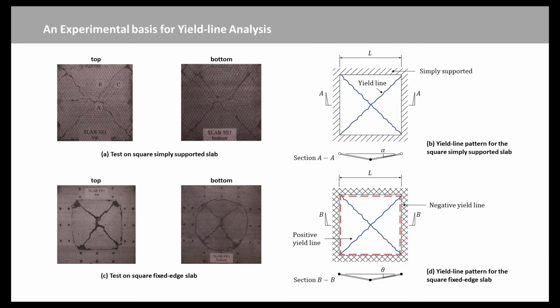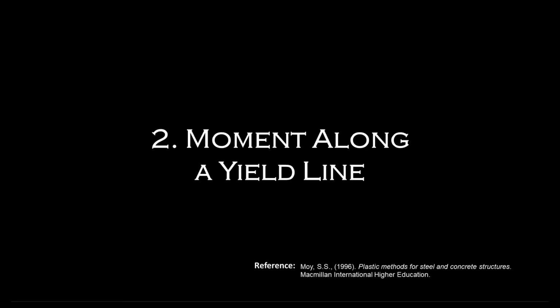It is useful to have positive yield lines caused by the moments in the middle of the slab, taken as positive by analogy to sagging moments in beams, and negative yield lines caused by the moments around the edges, taken as negative, like hogging moments in beams. In order to carry out the calculation of yield line analysis, it is necessary to know the moment about an axis along a yield line.